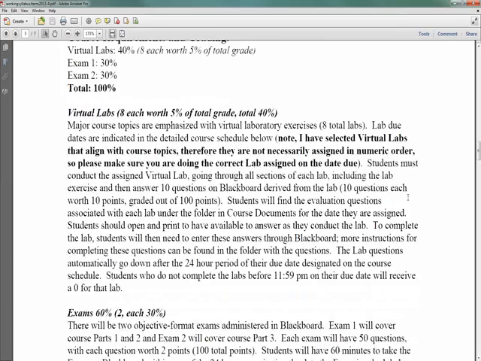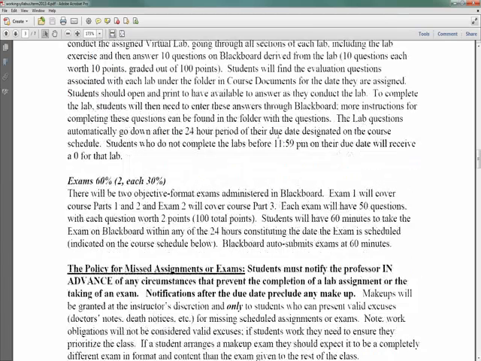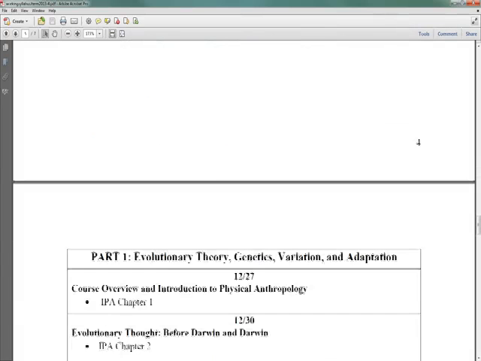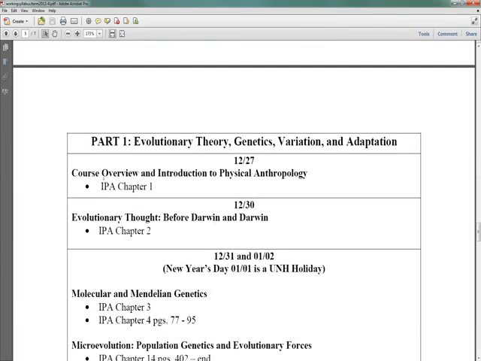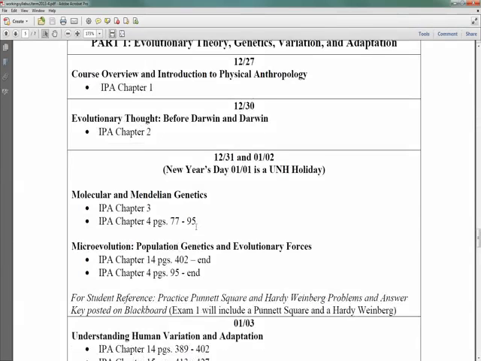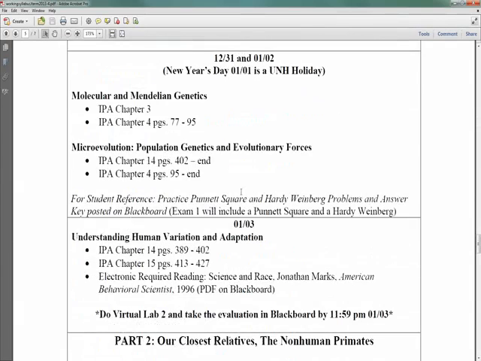As I could harp and harp, please read this syllabus for the course. Have that course schedule. The course goes very fast. It's 3 weeks. The labs are due quite fast in a row often. So please be ready and familiar with this schedule. As you will see on each day in the course schedule, when there is a virtual lab due, it is indicated clearly. As you can see here, your first lab is due on the 3rd. It's virtual lab 2. You must do this lab and take the evaluation of this lab in Blackboard by 11:59